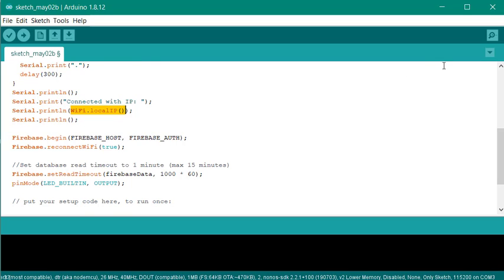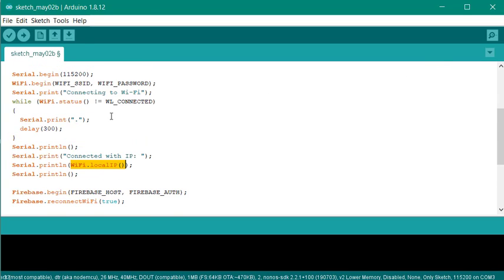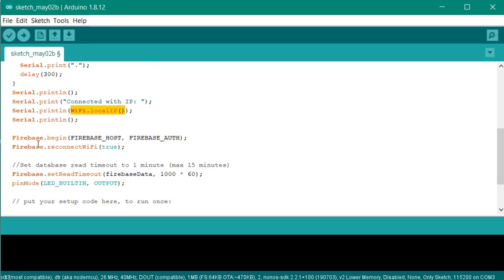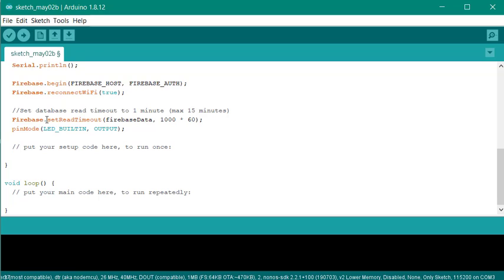So whenever we run the serial monitor, it gets connected and prints our IP. Now I am beginning the Firebase database by providing the host and authentication key. Then I am setting up the read timeout so that our database can be read properly.